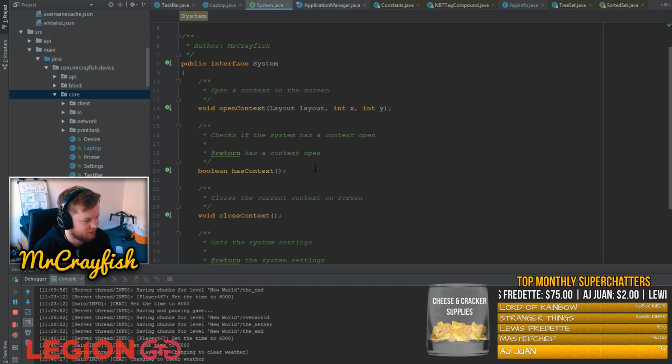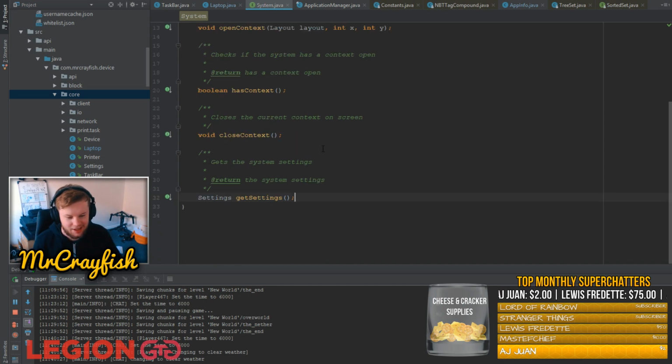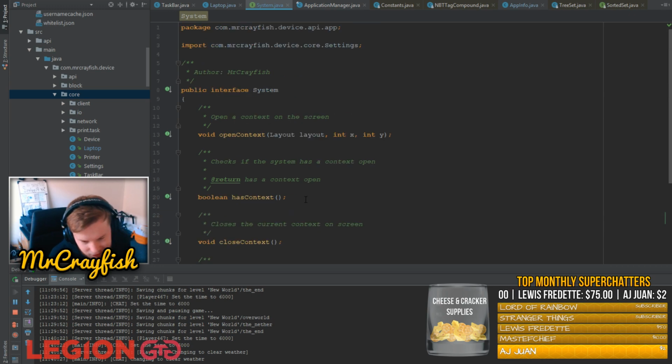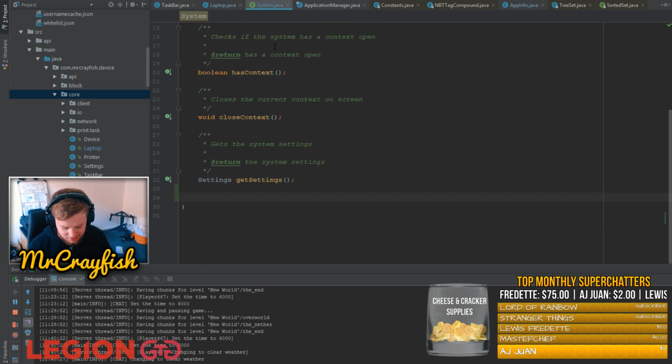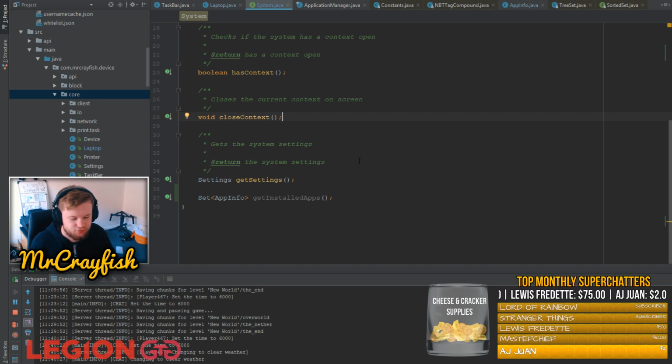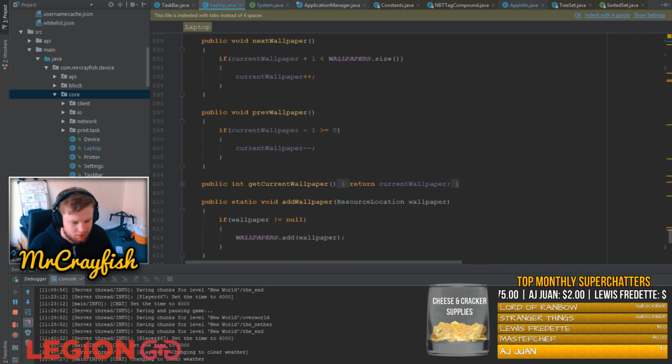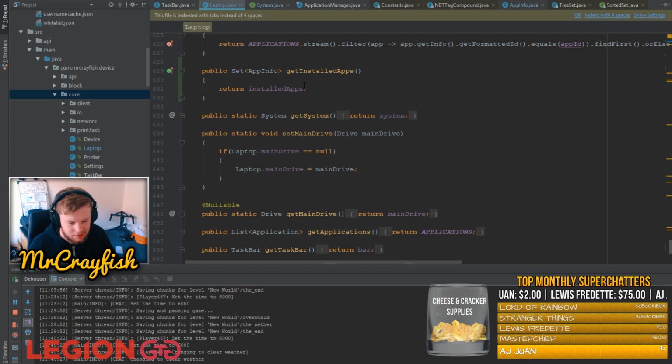I already missed those pixels covering the bottom of your webcam. So a lot of people have been saying you want access to it. So I guess we could give access through the system interface. So we'll have like a set. Get installed apps. It's already there, but what we're gonna do is do like